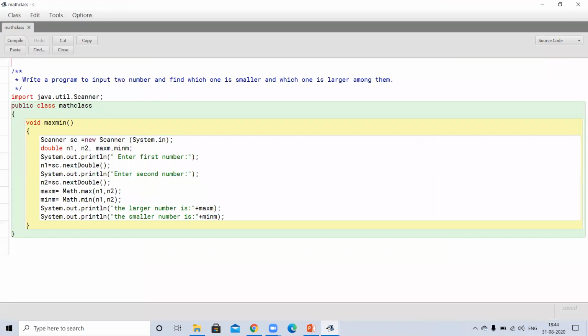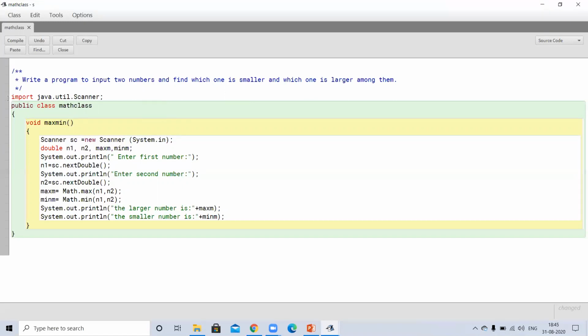In this program, we have to write a program to input two numbers and find out which one is smaller and which one is larger number. Okay, so you all know that in max function and in min function we are passing two arguments, and among those arguments we have to find out which value is maximum and which one is minimum.